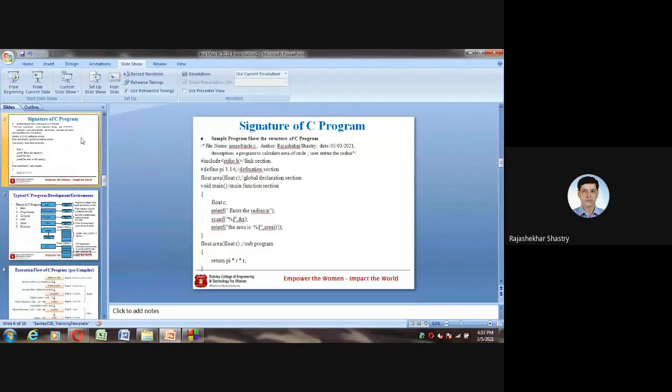So when I'm explaining C, I also explain C++. Right, Amma? That's one thing I want to say.